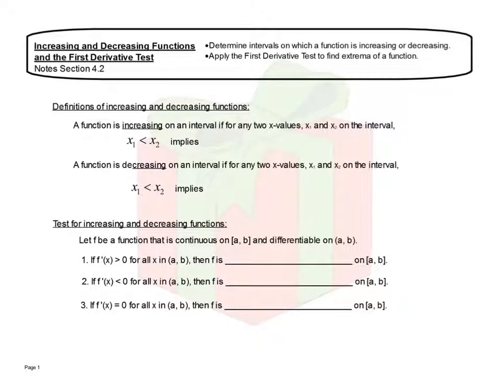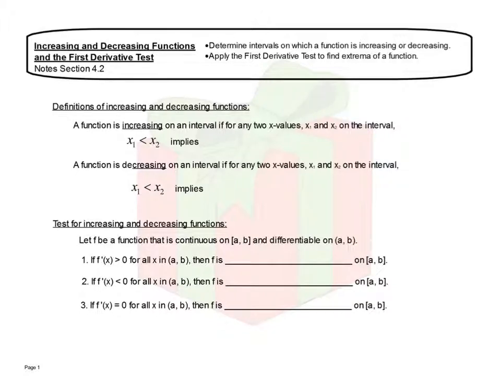All right, so we're going to talk about increasing and decreasing functions, telling when functions are increasing and decreasing using the first derivative test. So we are going to talk about some definitions first. Definition of increasing and decreasing functions: a function is increasing if for any two x values, x1 and